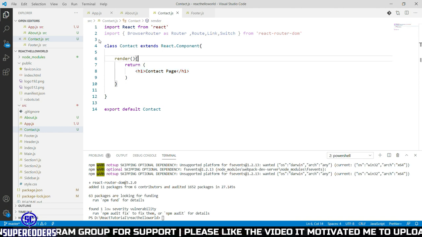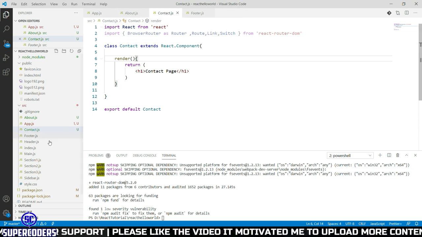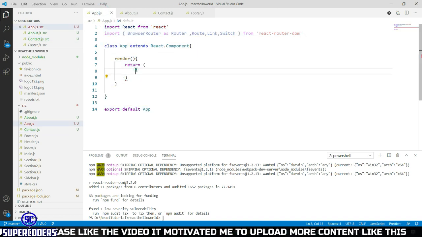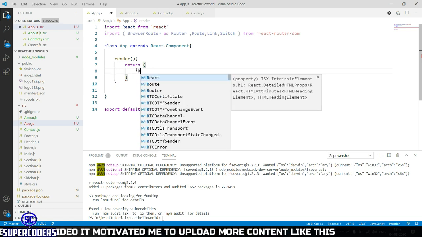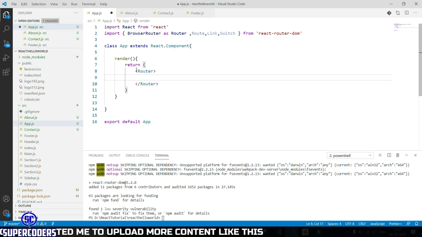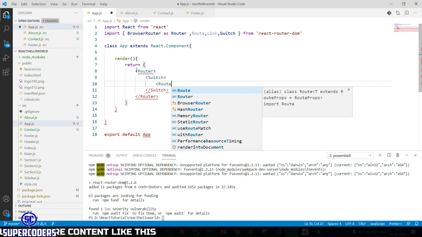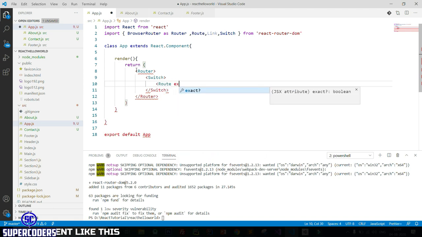Now let's move to our router code. So our pages are ready. First is contact, about us, and one main page. So move to app.js. Now here create a router. So first add Router, then add Switch, then add Route, giving exact path equal to.